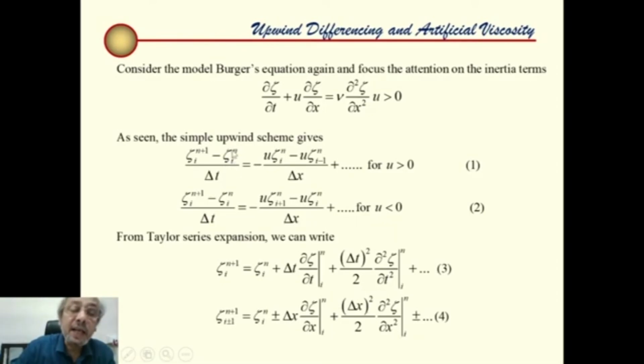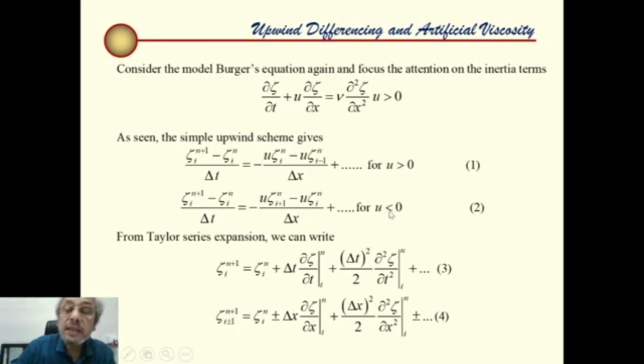This equals, taking the inviscid part, minus u (ζ_i at n minus ζ_{i-1} at n) by Δx for u greater than 0,